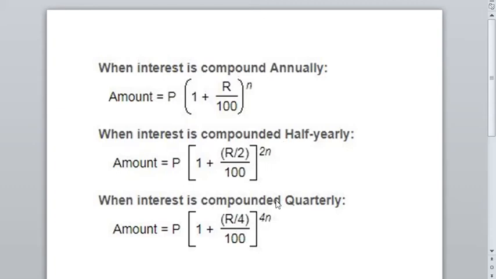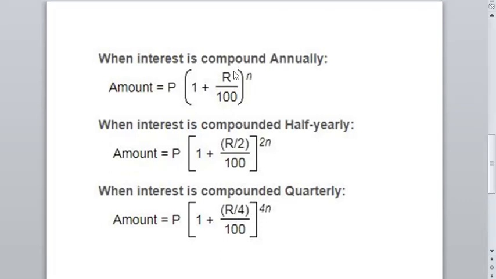Now suppose I do it quarterly. Quarterly means what? Every 3 months. Then I will give the interest for the first 3 months, then the interest will be added to the principal, then for the next 3 months the new interest will be generated on the principal plus this interest given, right? Now after 6 months, again I will get the interest because quarterly is 3 plus 3, and again that interest will be added to the principal. Then after 9 months again that interest will be added to the principal. Getting it? Hence the formula will also change.